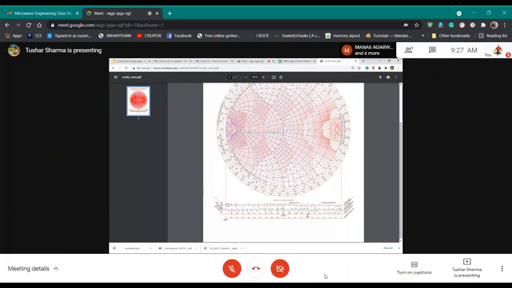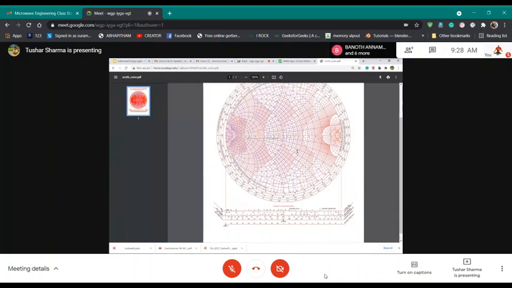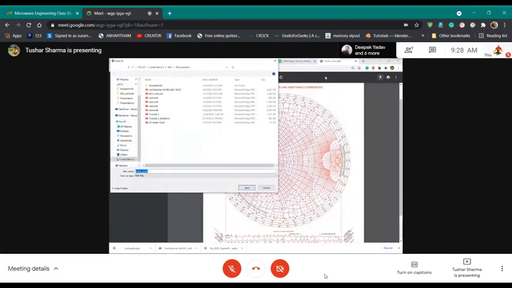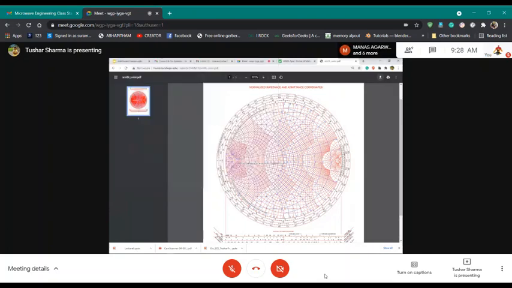For example, we will try to solve a couple of problems to understand that. But just to give an example, there can be a radius of say 0.5. Now, what does that 0.5 mean, and how will you use that radius to draw a circle? Basically, you have this Smith chart. You will go here.